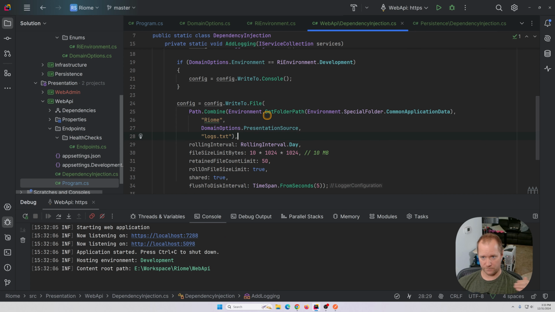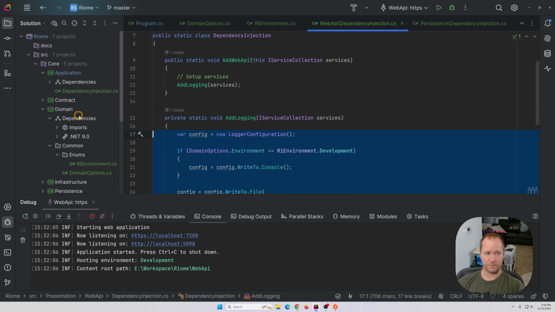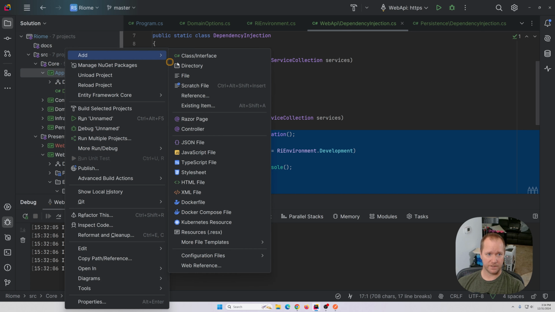And in order to do that, since I'm going to be logging the same way on both admin and API, now that I have this all set up, I want to move this to somewhere that I can use it from both locations. So web admin and web API can both call it. So let me copy this. And again, I'm going to go back to application. Okay. So if I go to application and I create a common folder,